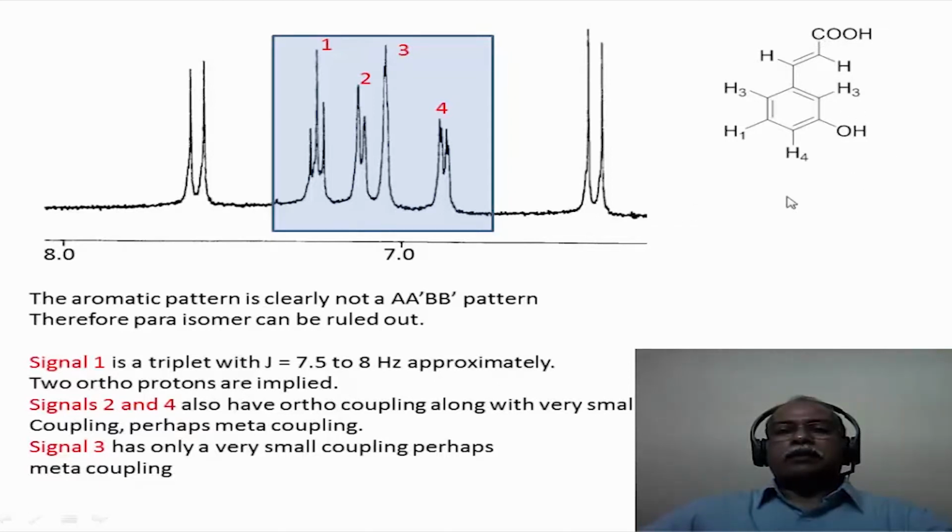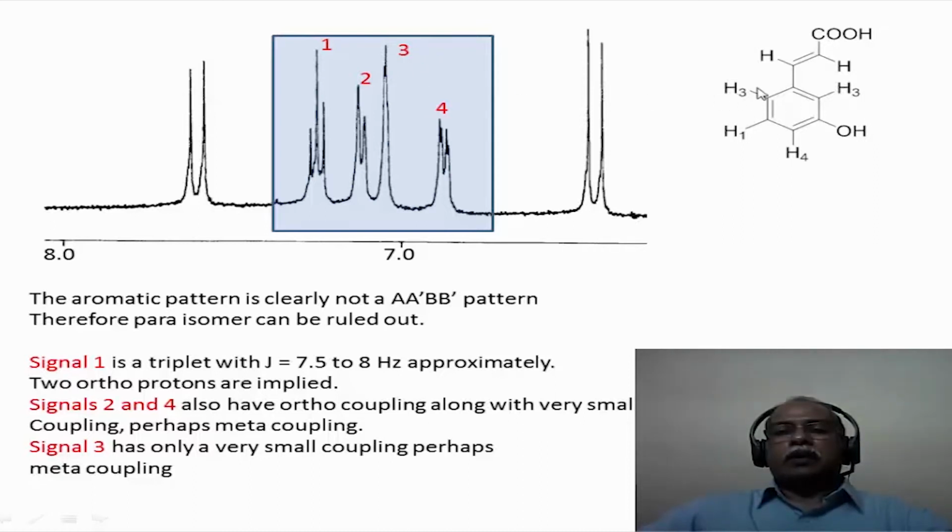Now we can assign, for example, the H1, H2, H3, H4 very easily. Sorry, this is H2 and this is H3. I have mislabeled it. This is supposed to be H2. H1, H2, H3, H4 are the signals that we see for the corresponding hydrogens. So one can interpret H1 to be a triplet because of coupling to H2 and H4. And this would be essentially a singlet, which is H3, for example.